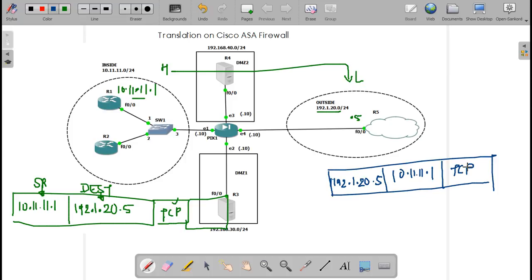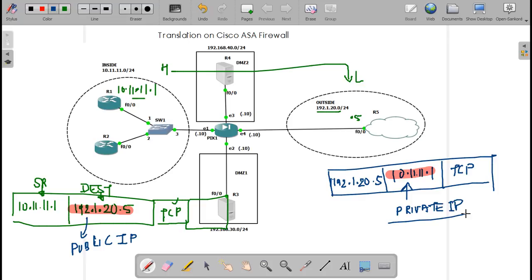At this time, how are packets always routed? The packets are always routed by looking at the destination field. Here the destination address is a public IP. In this case the destination is not a public IP, rather it's a private IP, and private IP addresses are not routable on the internet.